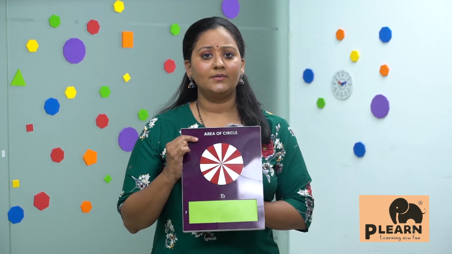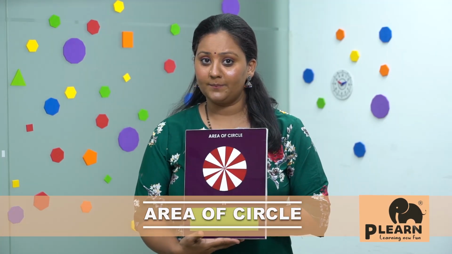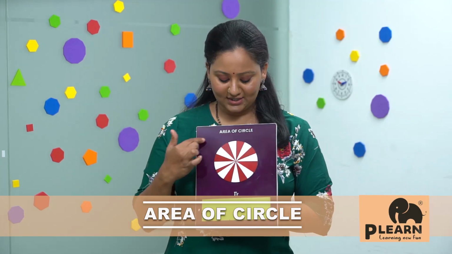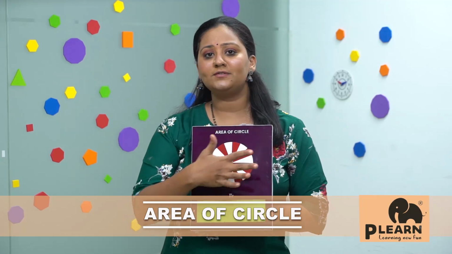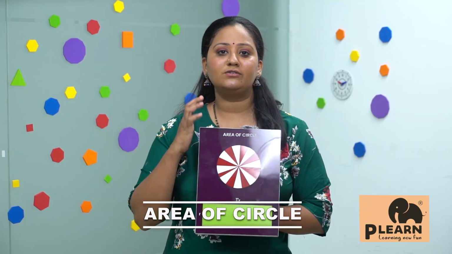Area of a circle. We all know that there is a formula to find the area of a circle. Now, let's see how to derive the formula, for which consider this circle here, which is divided into a lot of sectors. So you can see this, I've used two colors here to divide it into sectors.